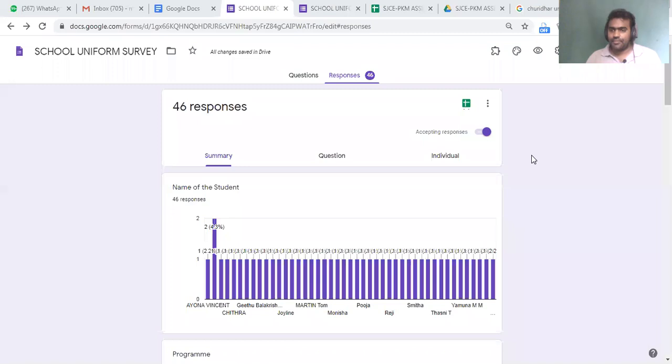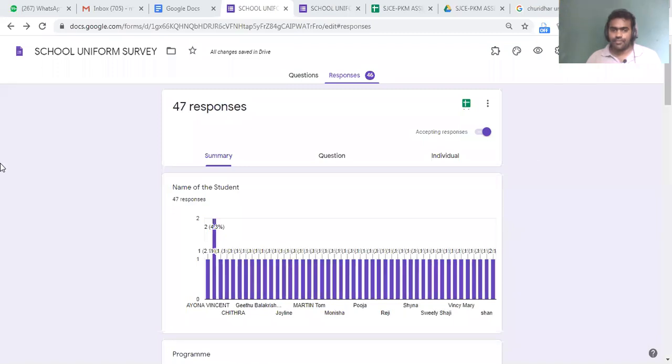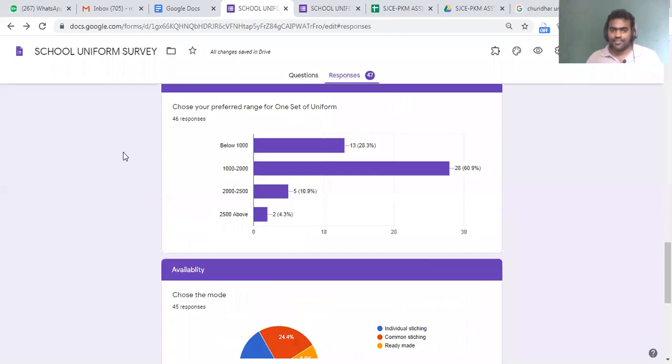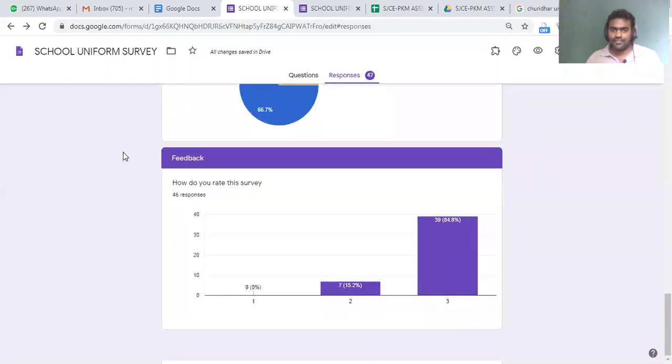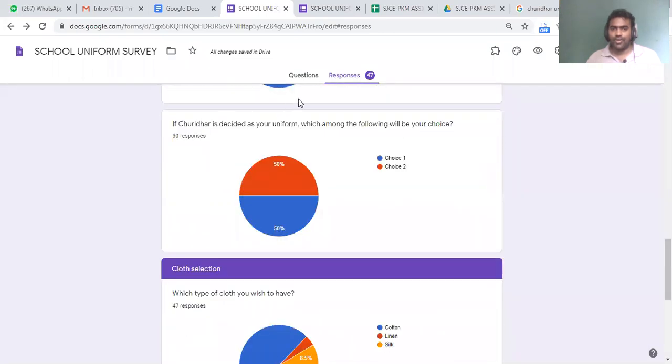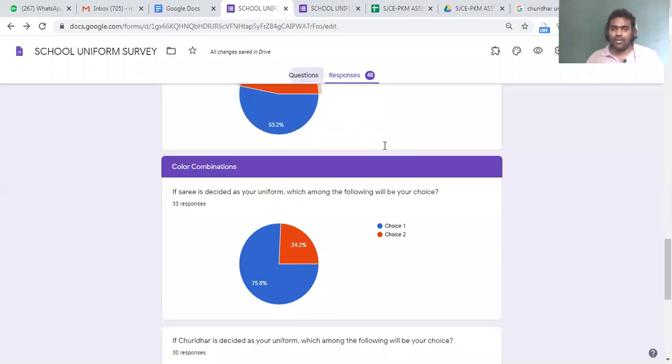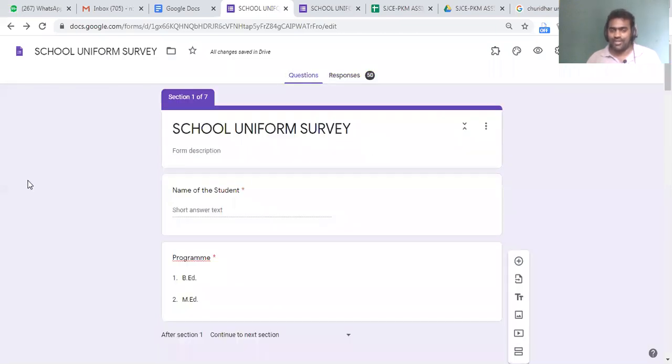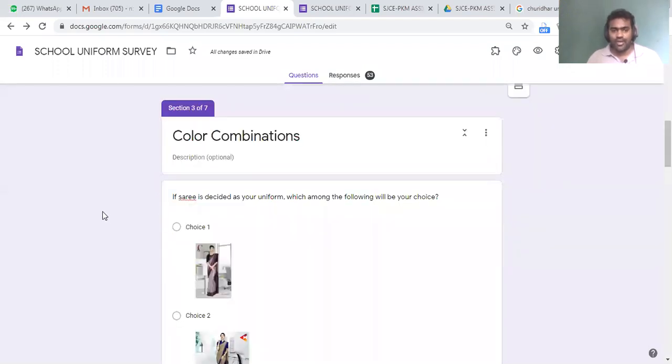Sir, in our response, we are going to have sari, and then we can give color for sari also, churidar also. So is it possible that if we choose churidar, we need to respond only to that? No. How? Because in a survey form, you cannot restrict like that. If sari is decided, who will take the decision? An authority, right? And you asked the right question.